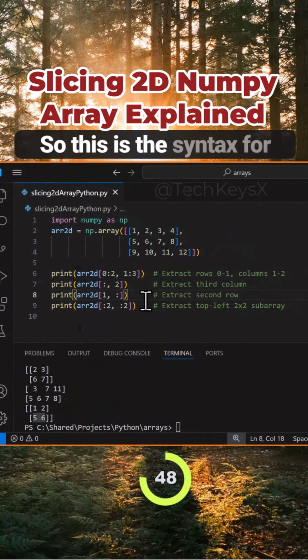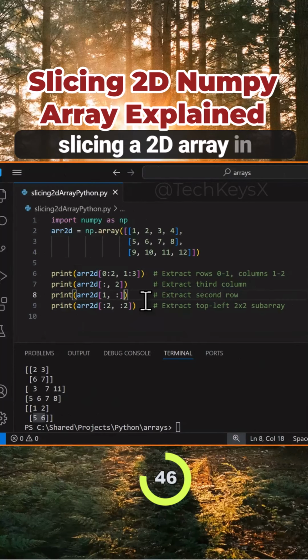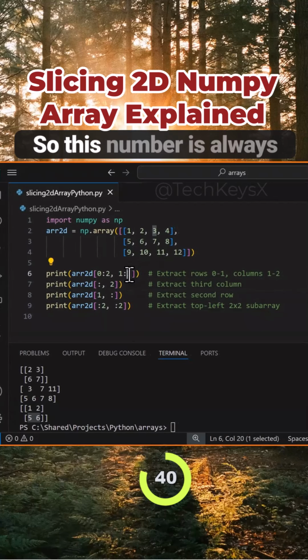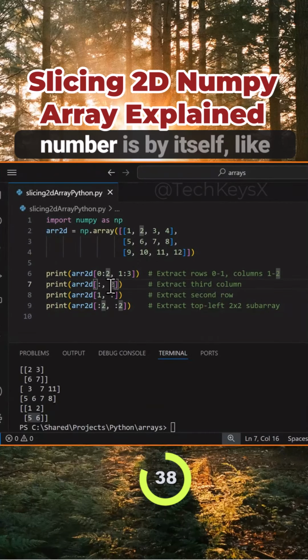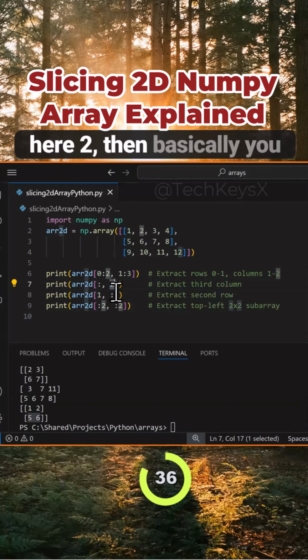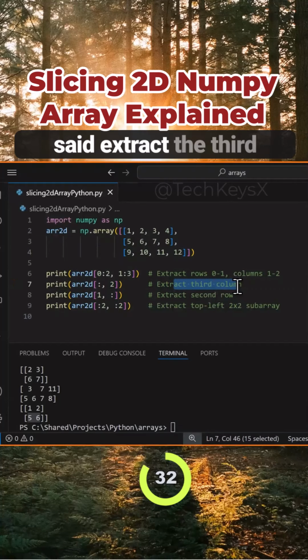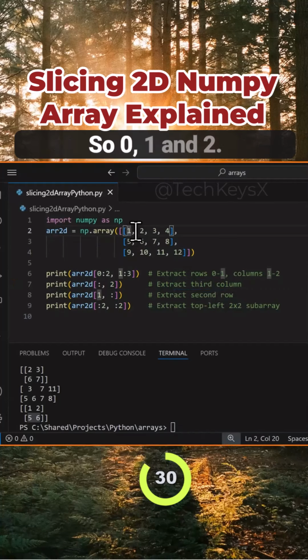So this is the syntax for slicing a 2D array in Python. As you can see, it's very easy to understand. You just need to remember the rules around what is excluded. This number is always excluded, but if the number is by itself, like here, 2, then basically you include that number. So like in here, when we said extract the third column, so 0, 1,